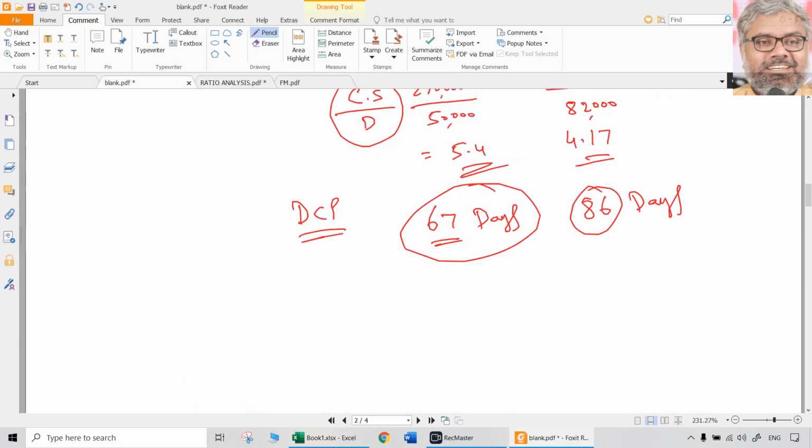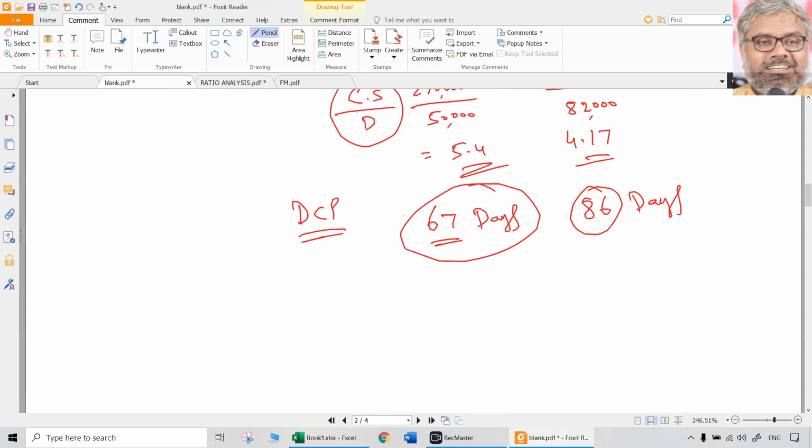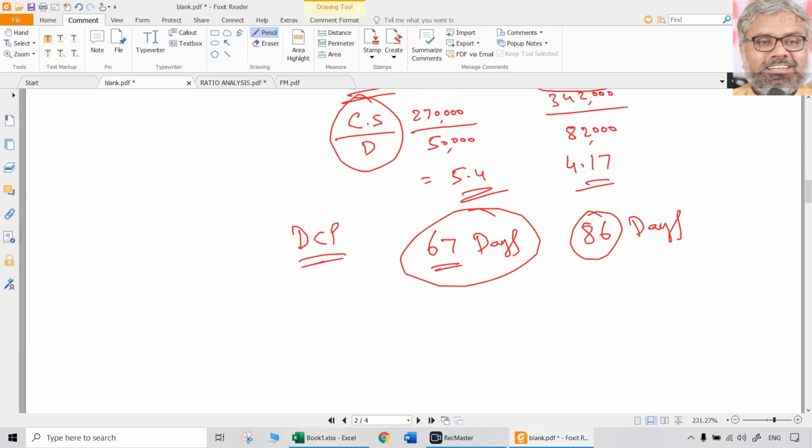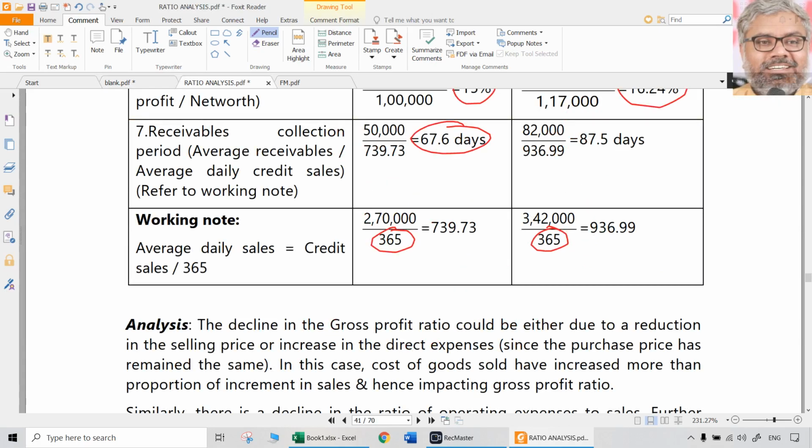Why is there a difference? The difference is there because they have taken 365 days. That's okay. Not a problem. You don't have to worry about that. So if nothing is mentioned in financial management, you stick to the 360-day mandate. Only if it is particularly asked to consider 365 days, then you can take 365 days. So that is the better way of doing it. Not necessarily. There is nothing like this is good, that is bad. This is also correct. 365 also can be taken. No one says it is wrong.